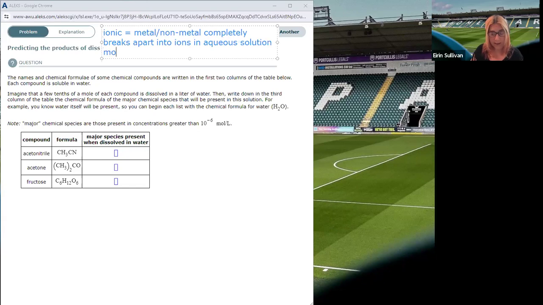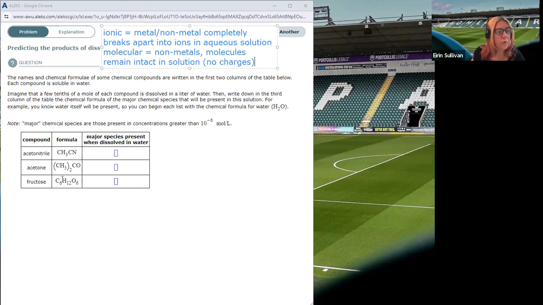If it's molecular, that means it's all non-metals. And the individual molecules will move apart from each other, but they're still stuck together as molecules. There are no charged particles. So molecules remain intact in solution. So no charges ever, no breaking apart. So if we look at all three of these, there's all carbons and oxygens and hydrogens. I would say those would all be